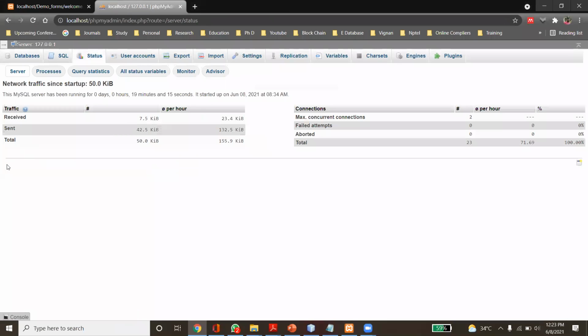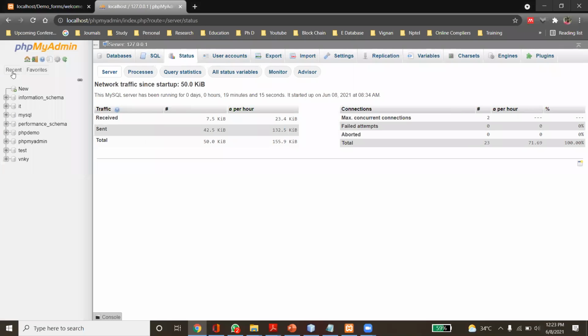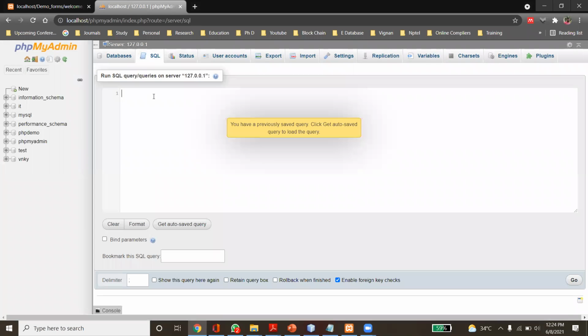These are the different things we have to see. Here it is the phpMyAdmin login page. Here we can see what databases we have created. If you want to run any query, you have to do it here.